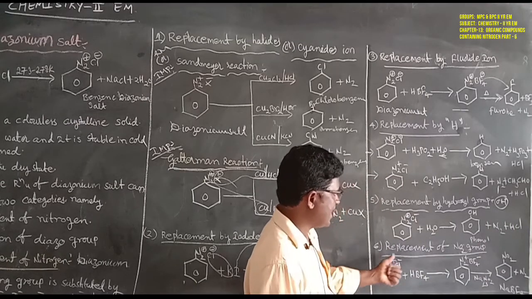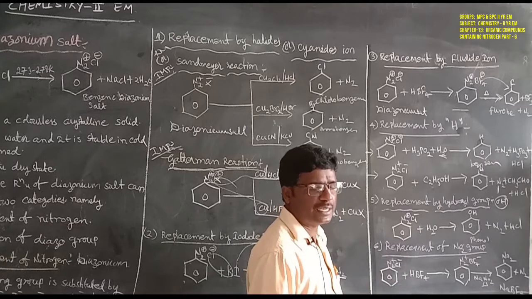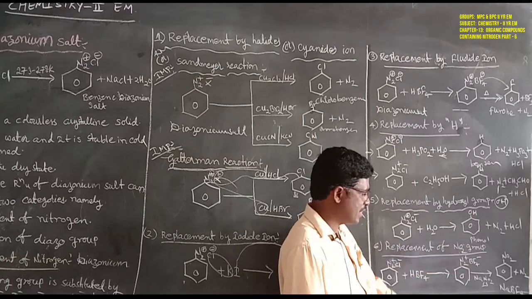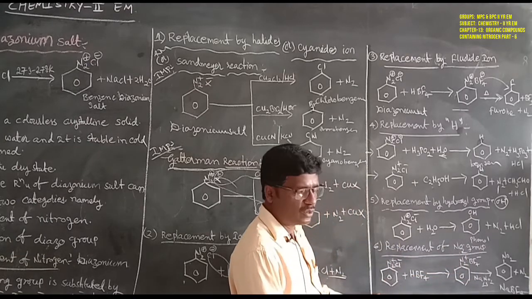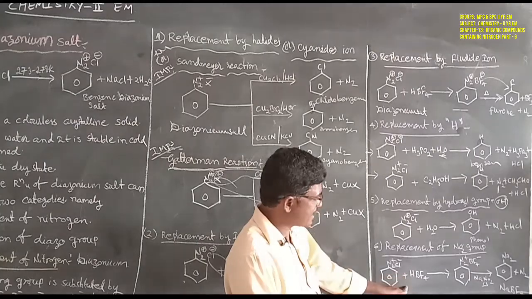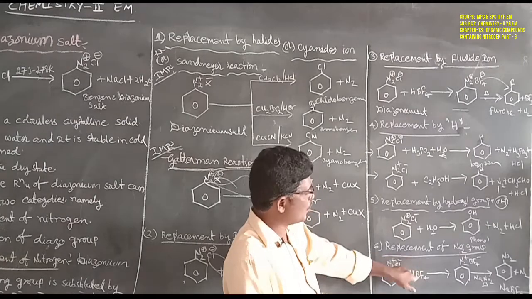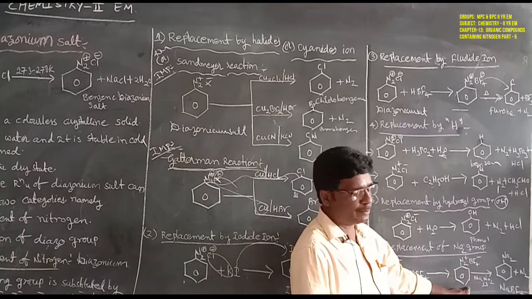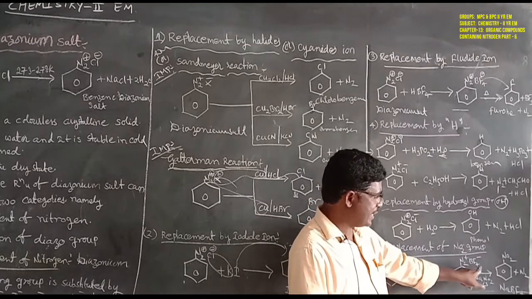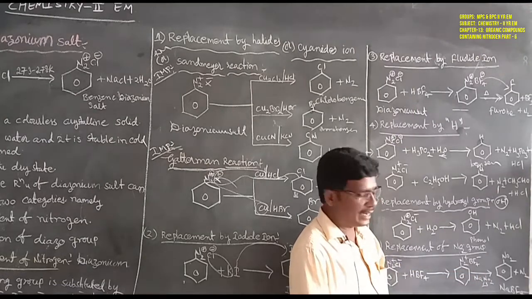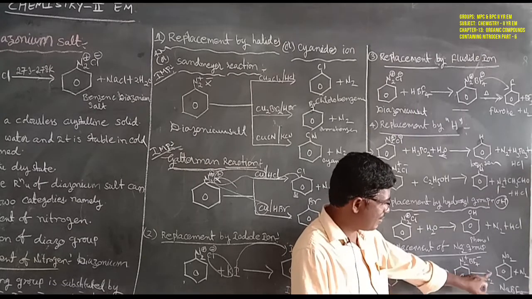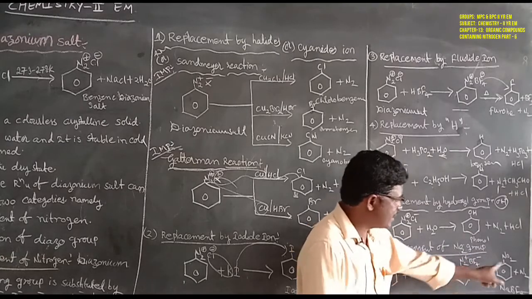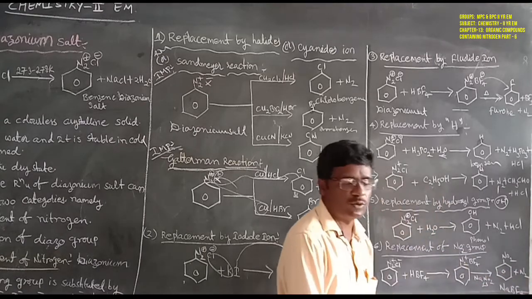Next last one, replacement of NO2. NO2 also called as a nitro group. Here is the benzene diazonium chloride treated with the fluoroboric acid, HBF4. Then form of benzene diazonium tetraborate precipitate is formed. When it is treated with the sodium nitrite and heated with the high temperature, then form of nitrobenzene. Displacement of nitrogen atom and sodium tetraborate is formed.